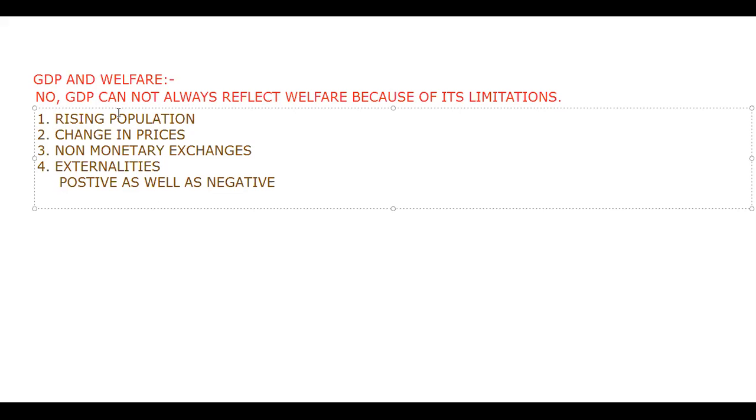In the same way, there are some positive externalities also. For example, the public parks around our homes. In the public parks, we have trees, greenery, a garden. Many trees are giving us various fruits and flowers. These are not being considered in the calculation of GDP, but they should be, because it's a positive aspect which keeps us healthy, fresh, and efficient in doing our activities. So that's why we say that externalities are not being considered while calculating the GDP, so it cannot be the actual reflection of welfare.